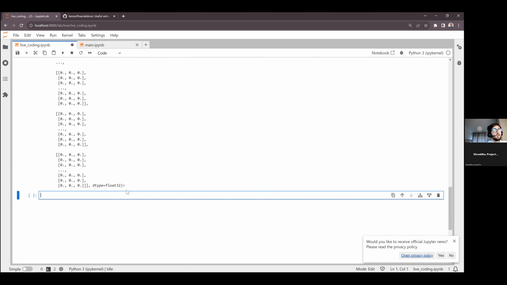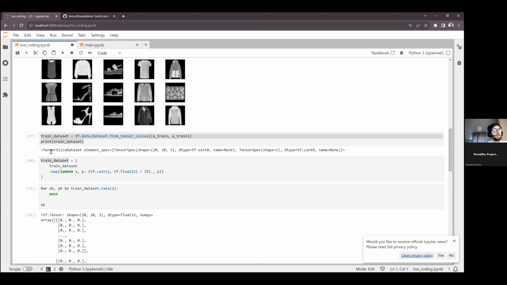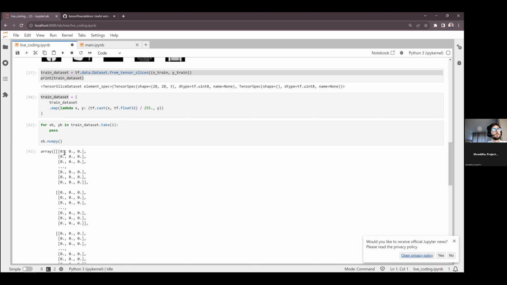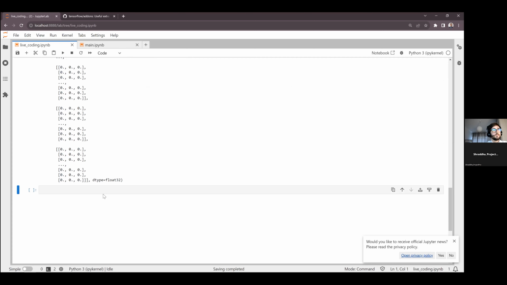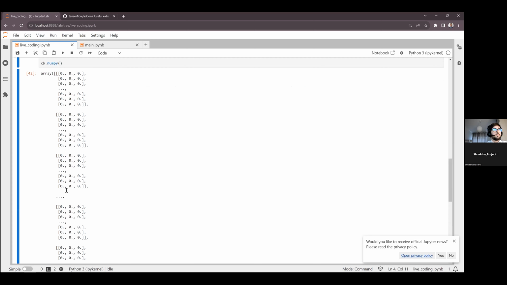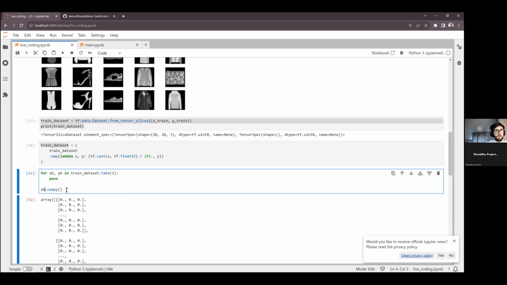I can see it. Okay, here I get a tensor, but I can convert it to NumPy easily. Okay, we have our object, and see now that it is a float, not an integer. And we should be able to plot it like that again, just the first one.